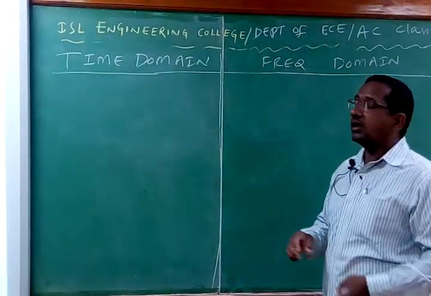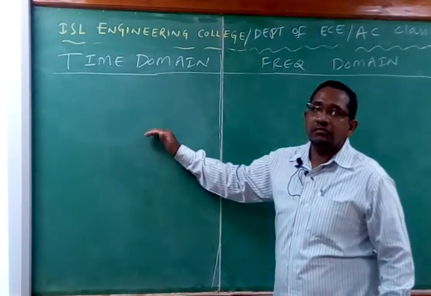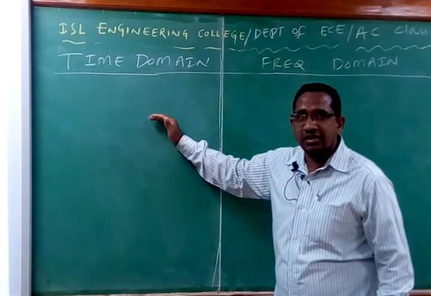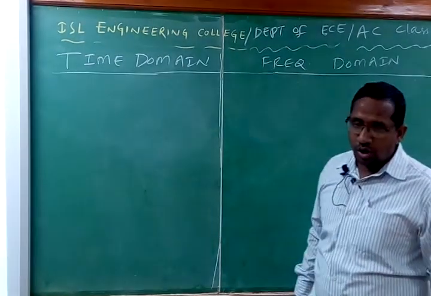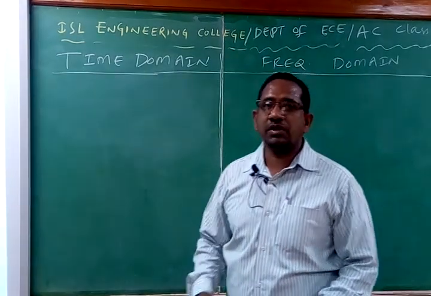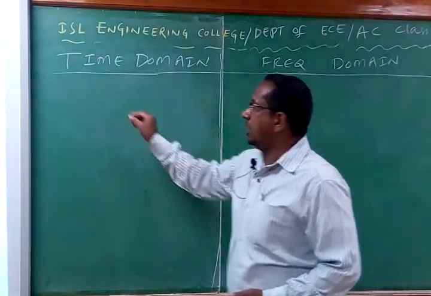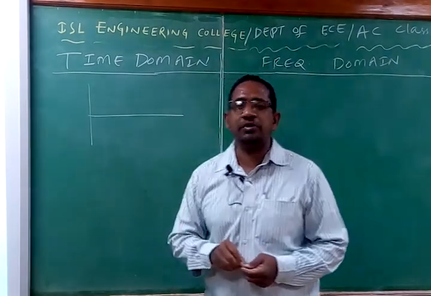First of all, we will perform analysis in the time domain, then we will find the Fourier transform of this time domain signal to get a frequency domain spectrum. Later on we have to draw this spectrum in terms of the time domain. So whenever I say time domain, we already discussed this. That means how the AM wave simply looks.